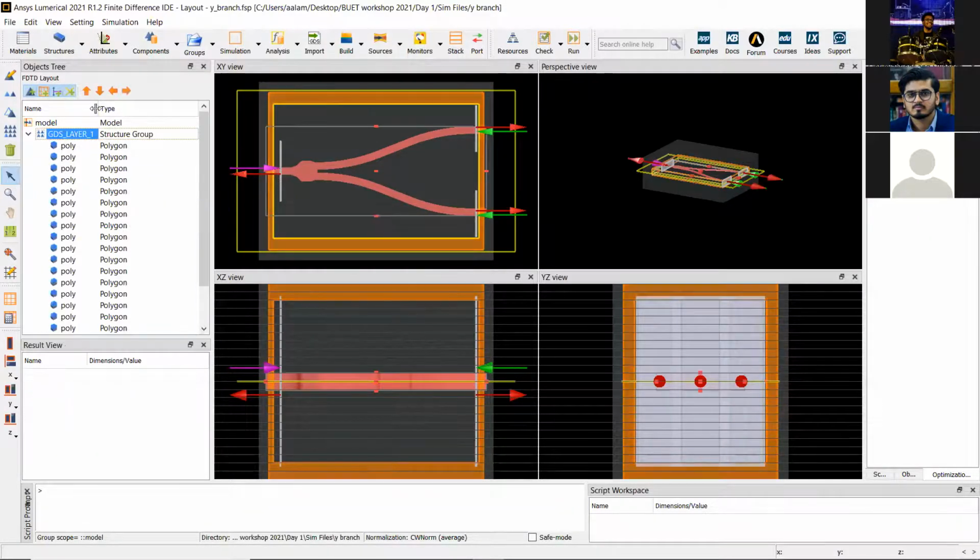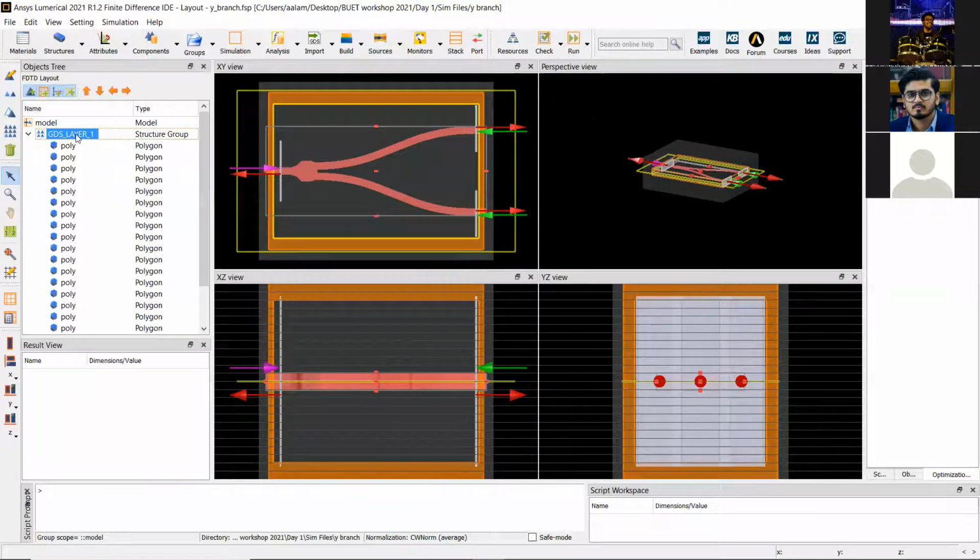You can see that the name of the geometry says GDS layer. So this structure was actually part of a GDS file, which contained the layer information, simply a polygon description of this particular layer. When you import this in FDTD, the GDS file only contains information about this 2D layer, right? So just the pattern. And so when you import this, you actually tell FDTD